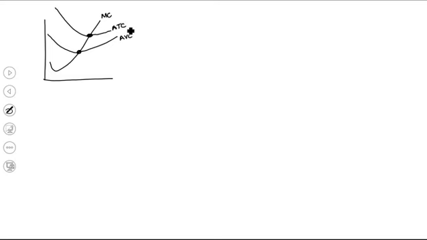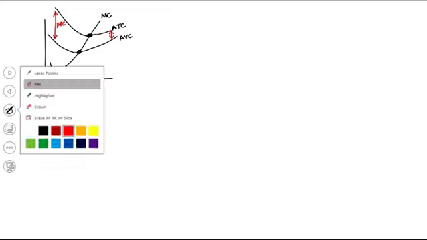And remind me again, where's average fixed cost? Yeah, in between. The distances between are average fixed cost. So I don't need to draw average fixed cost. I've already got it, right? Although some professors have you plot it, but it's really redundant. Okay, so let's look at